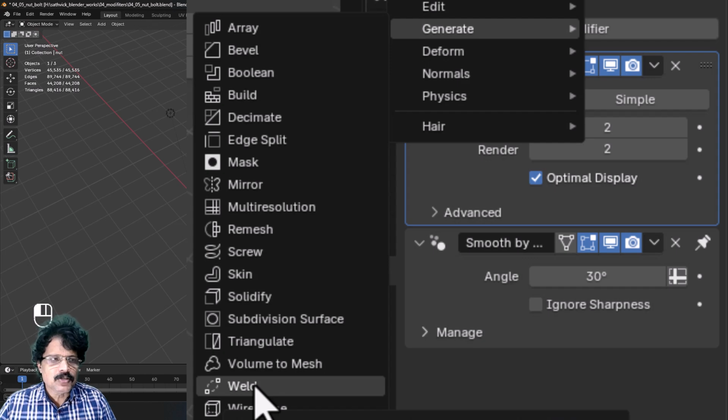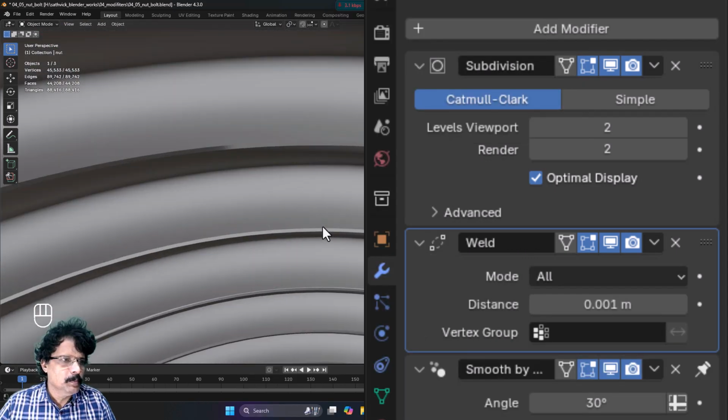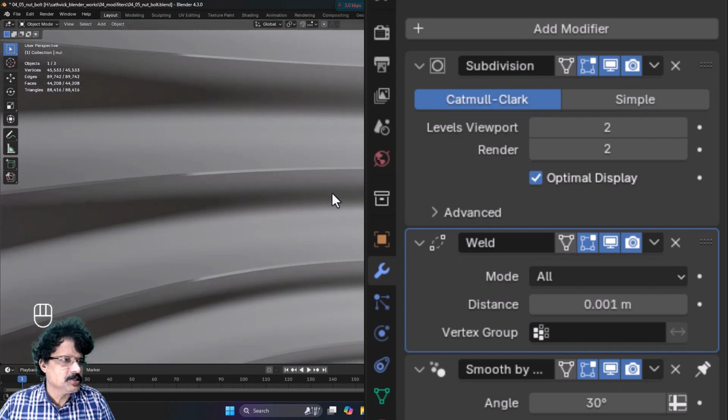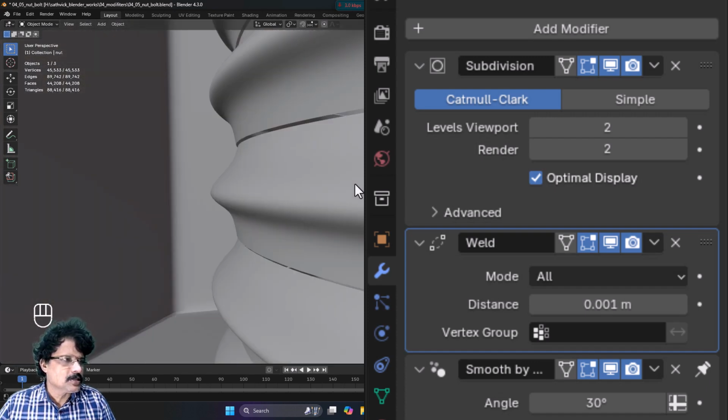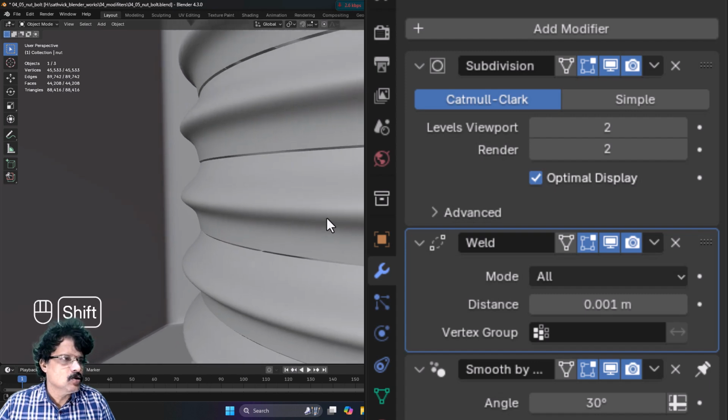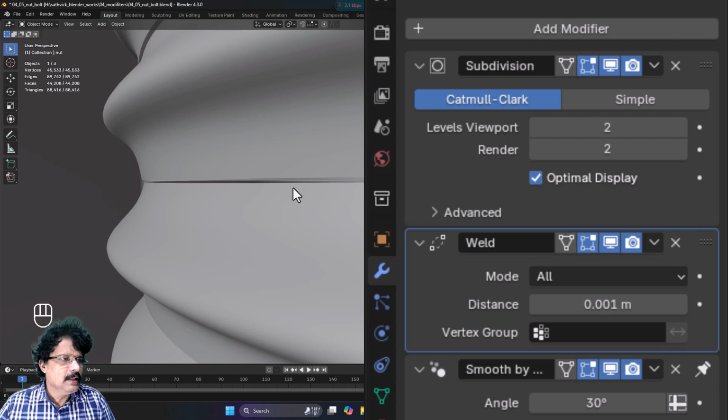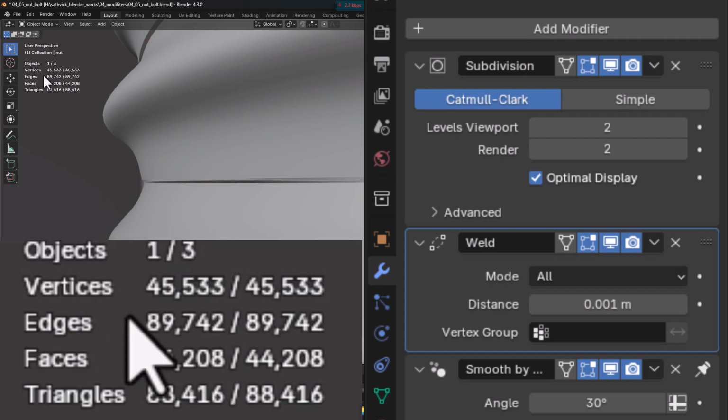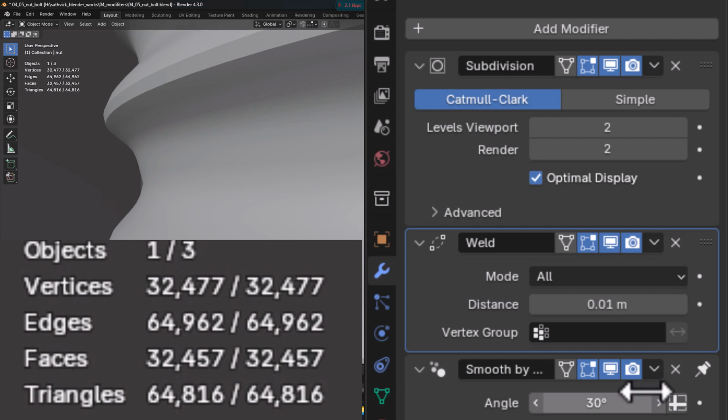So when I select this weld modifier, now if I zoom in and see inside here in the structures, you can see the gaps here. So now to clear this gap, I will come into weld, and I am going to also come and see the number of vertices count here. Right now this is having 45,533 vertices. So right now I am going to select this nut, and then I will come into weld, and I am going to set the distance to around 0.01, and if I press enter, now you can see